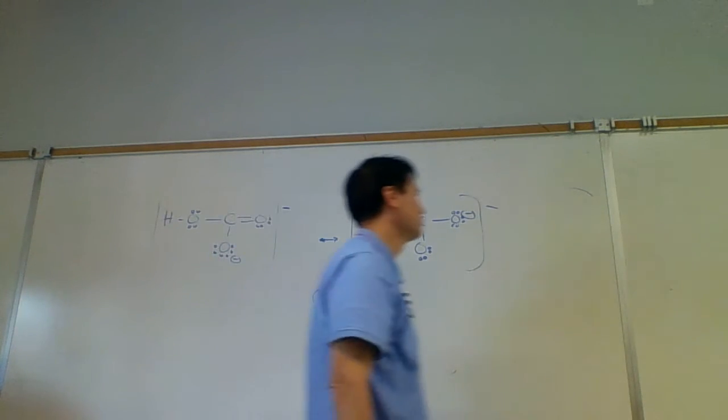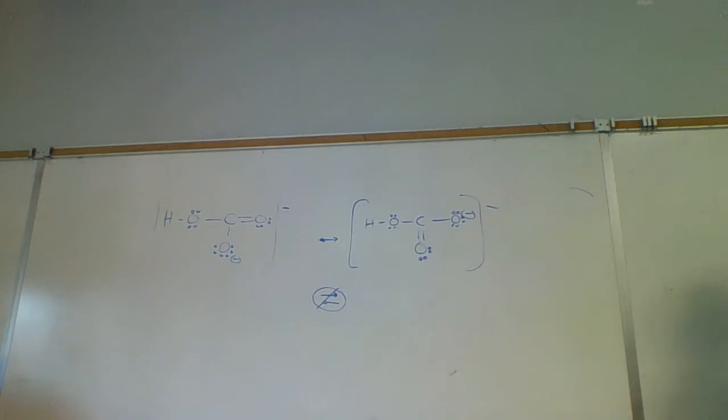When we draw a hybrid structure, I look at what doesn't change. What does change is the formal charge. If we have -1 on one oxygen, then -1 on the other, we have to divide a -1 charge over 2 atoms, so each atom is only going to get